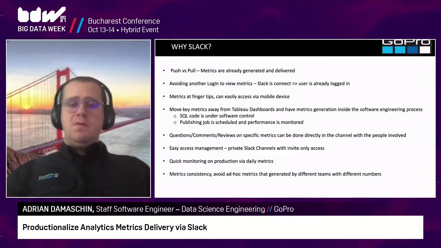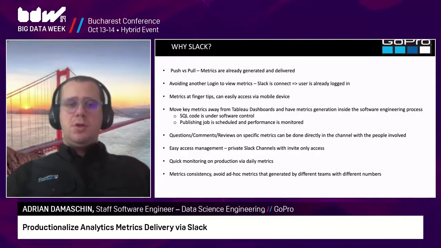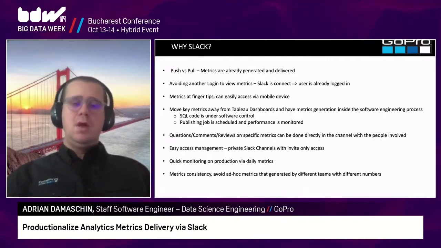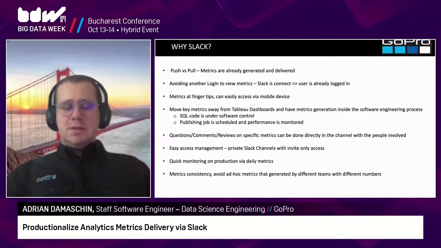There's also the advantage of having daily metrics. So I talked about different reporting periods. The reporting periods can vary from quarters to monthly. We usually use monthly and weekly, but there's also daily. So we actually get another advantage from that, which is quick monitoring. We see the result of our data every day. The product managers usually notice anything weird that's coming in from the data, and we can react fast before we get months' worth of data. Everything gets daily metrics.